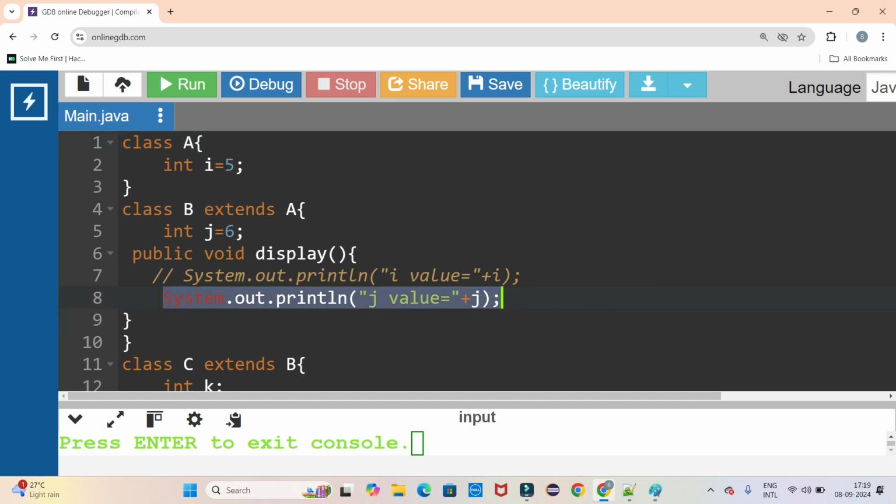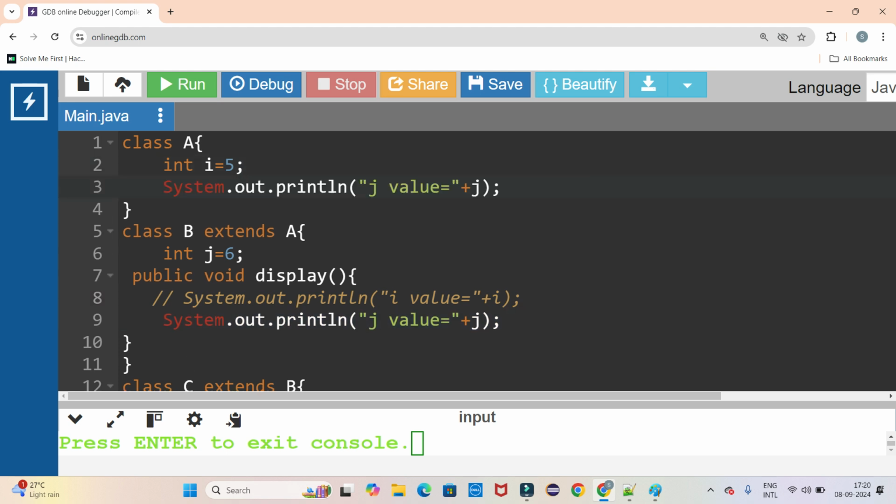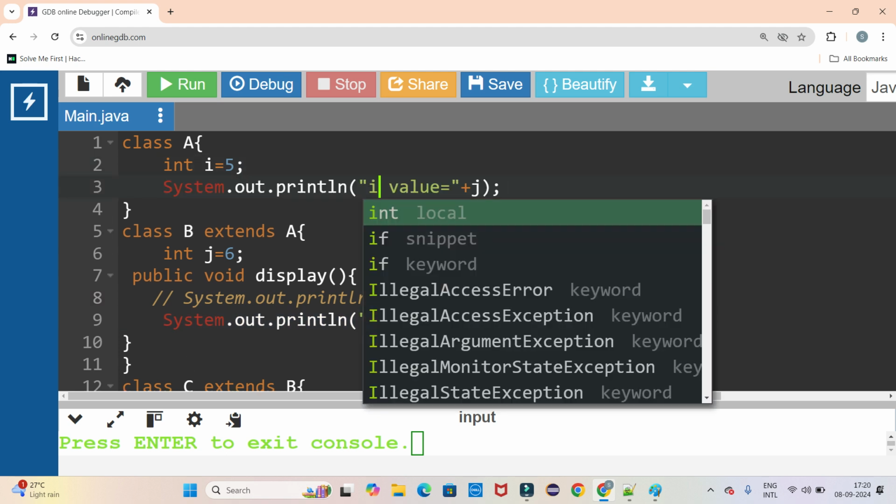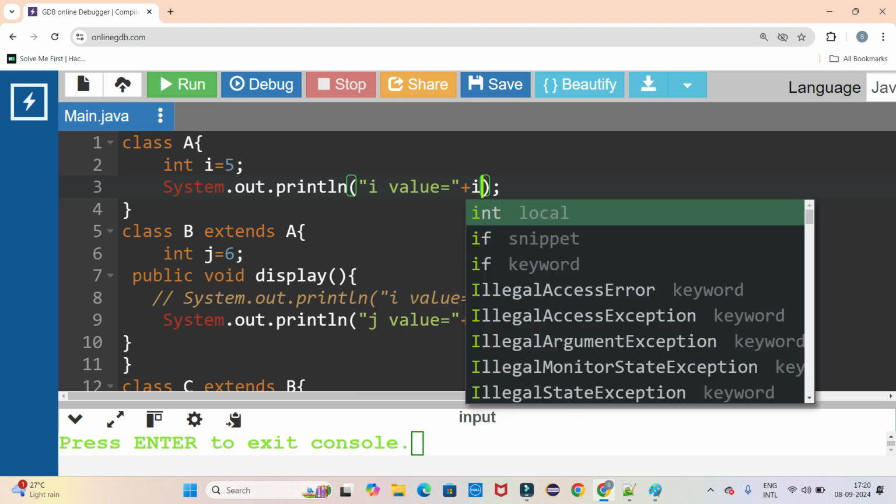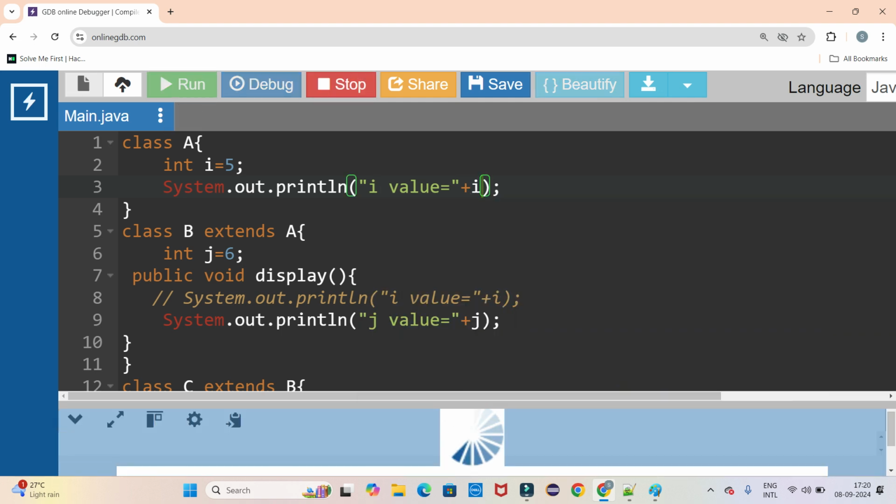It's going to print that I value as well. I'll tell it is plus I. So if I run it,